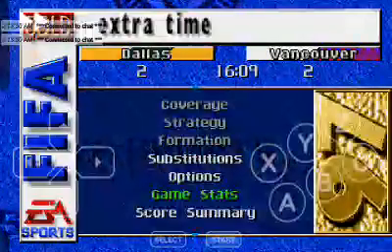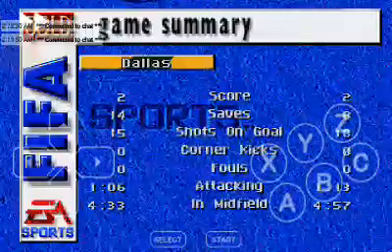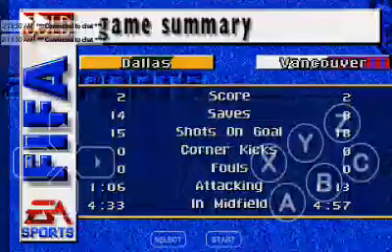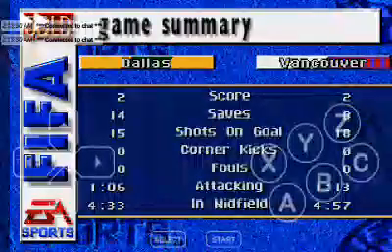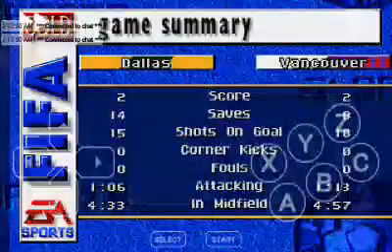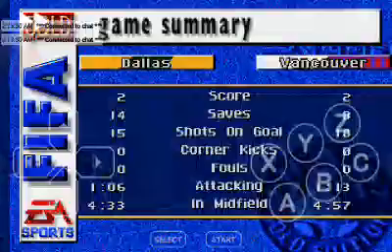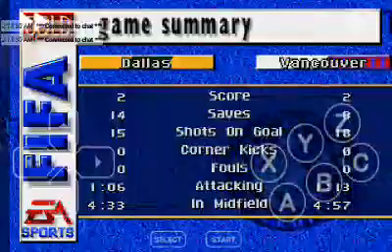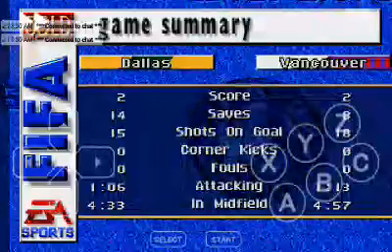And what can you tell me about the game stats? How has it been thus far, numerically speaking? Well, we both know the score. Dallas has had a lot more saves, and it can be on Vancouver having more shots on goal, but not many more. The possession of the middle field is mostly equal. Vancouver having just a little bit more, and as we were mentioning, that was a little before these last minutes.